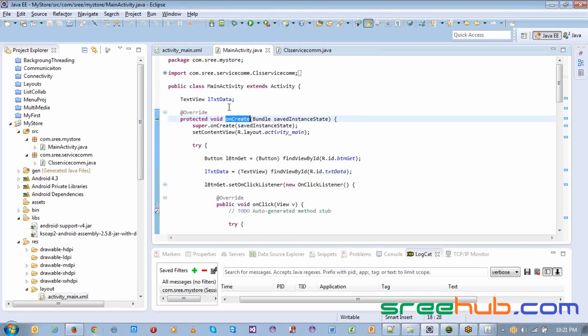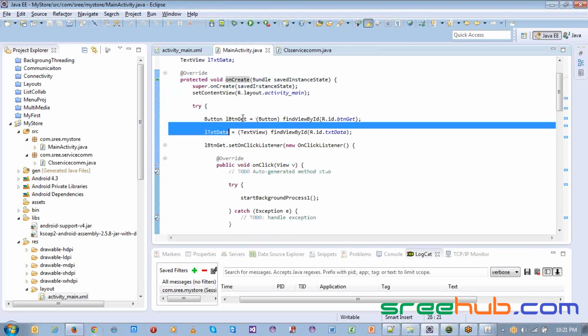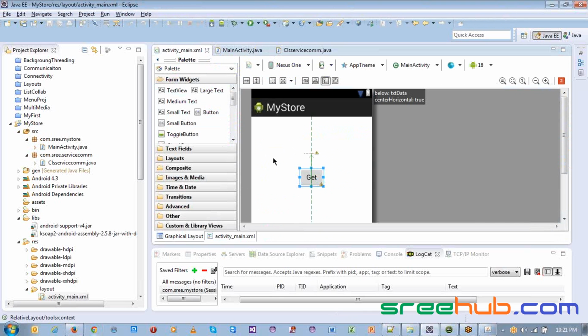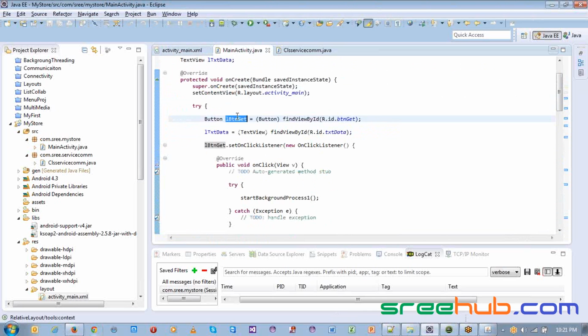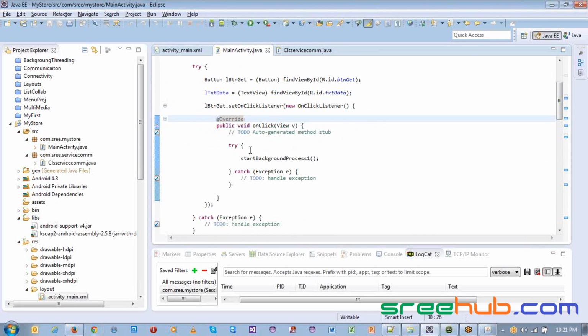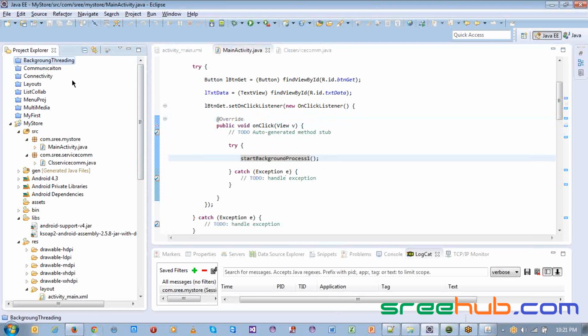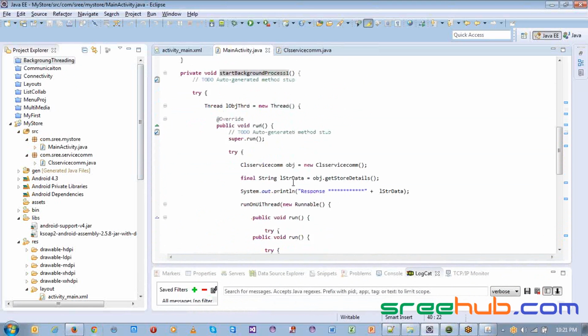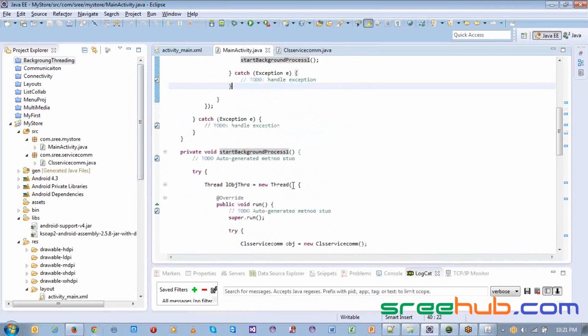Now here you can see that I've taken the button, and whenever we click on this button, I'm going to start the action. For understanding purpose, I've mentioned the same name, start background process, which we have already used in background threading. In this start background process, you can see that the first step is that I've created a